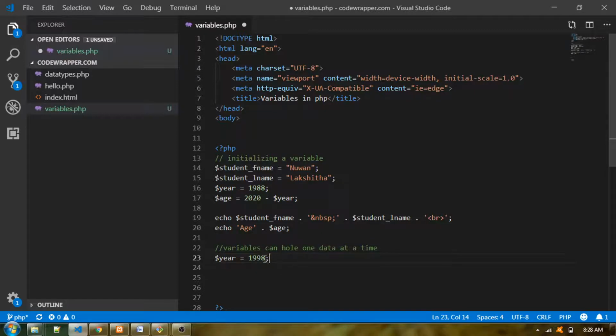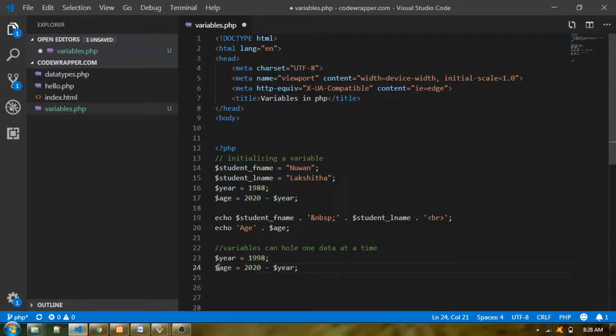So at this time, what will happen, line number 16, this variable value will be replaced by this new value, but that will happen at line number 23. Until this line executes, our year variable has 1988, but after line number 23 execution, I will be getting a different